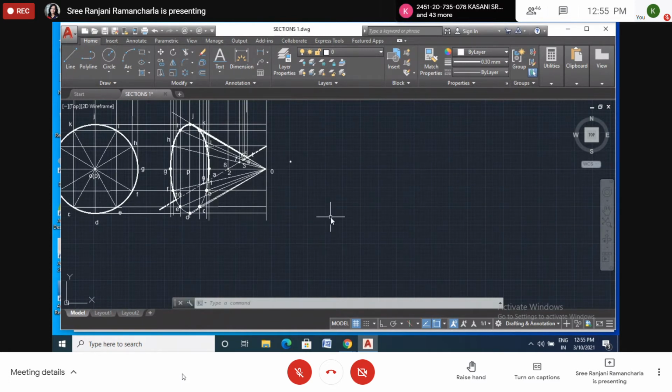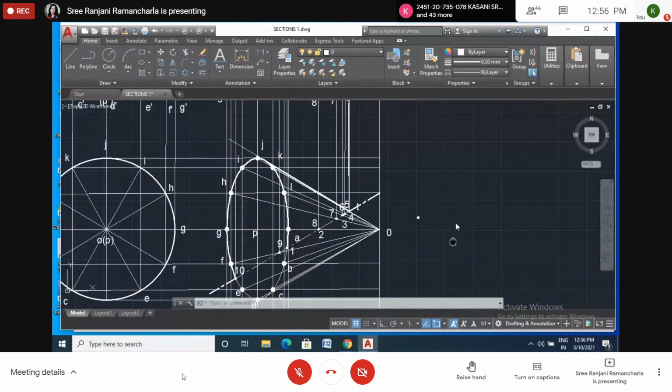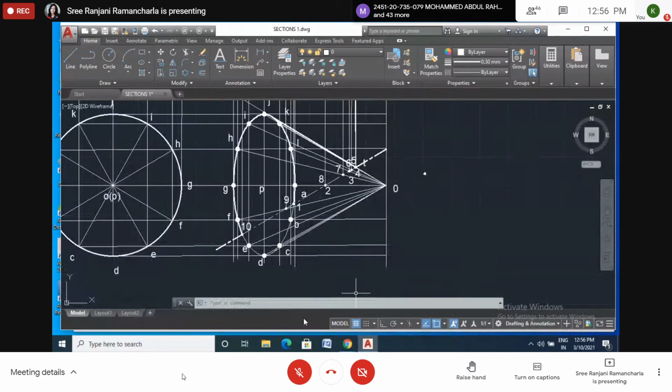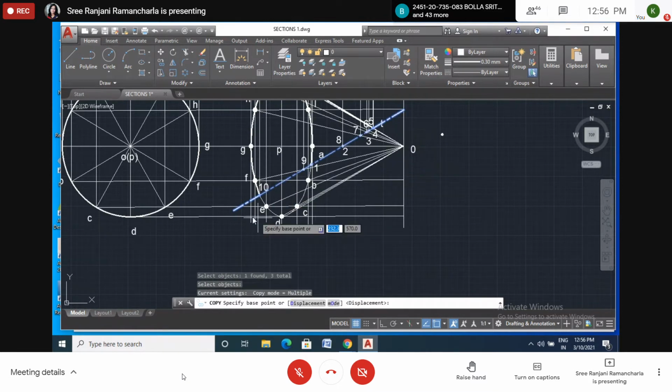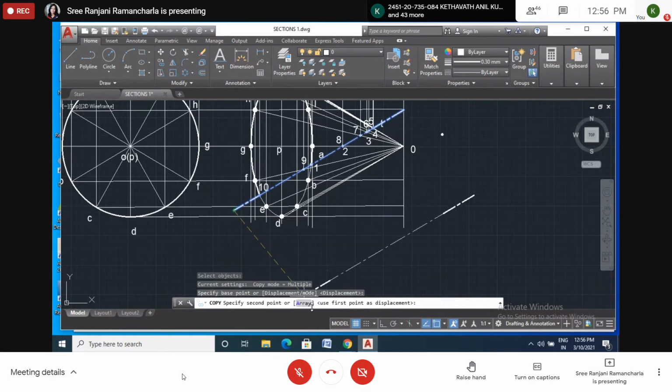Okay. So the section plane, section true shape we have to draw. For the true shape, we have to draw another reference line here, XY line, parallel to this line. For this, we'll copy this line here, parallel to this one. So we will select this one, copy. Later on we can change the line type also. Don't bother. Enter. Then I will take this as a base point. Like this, we can copy. See here. So please turn auto on.